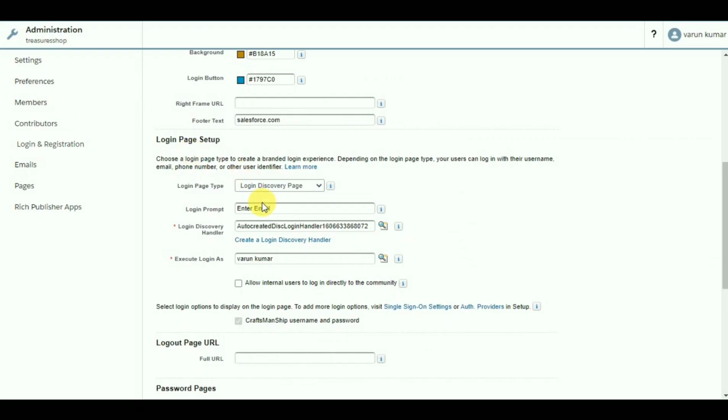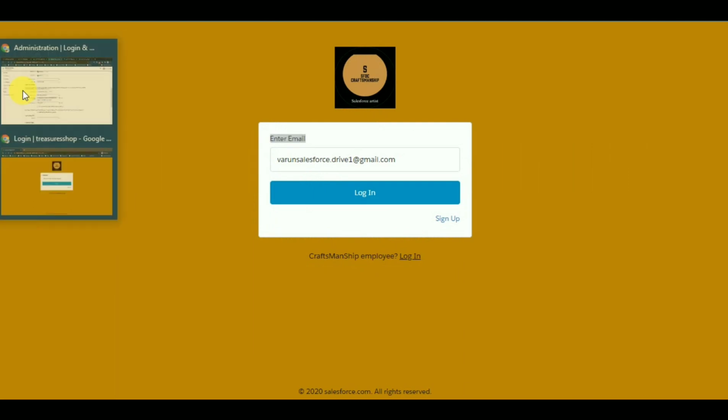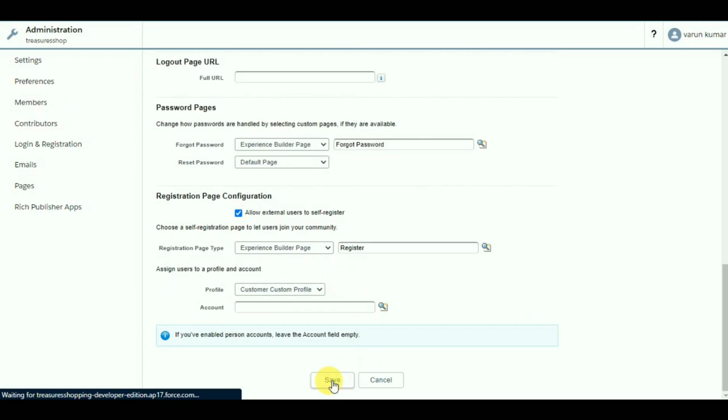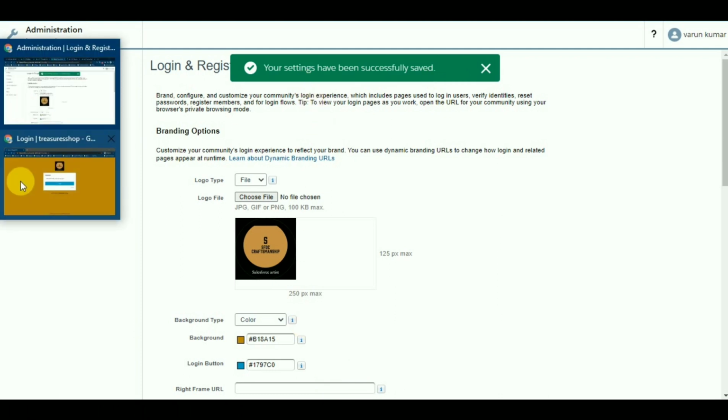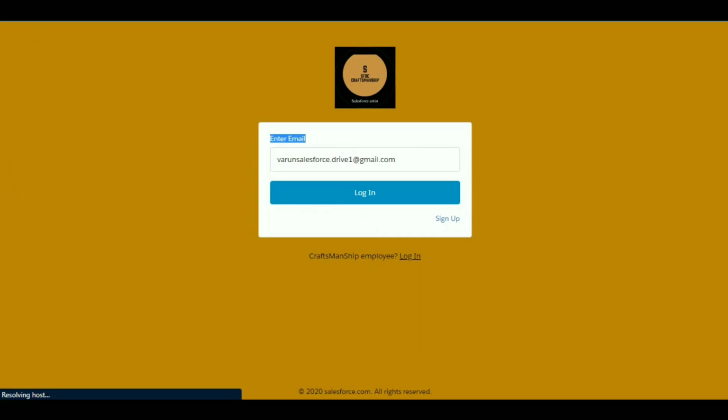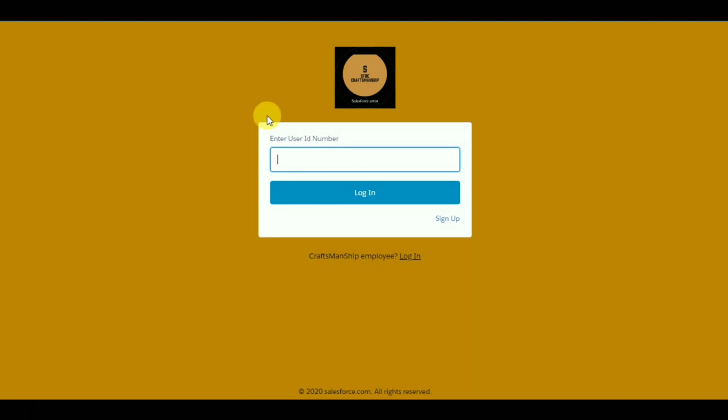We can just change this text to enter user ID number. Before going back to the community, click on save. Our settings have been successfully saved. Now go back to your community and refresh this page, and you can see the label has changed to enter user ID number.